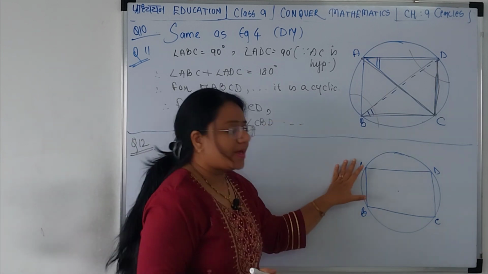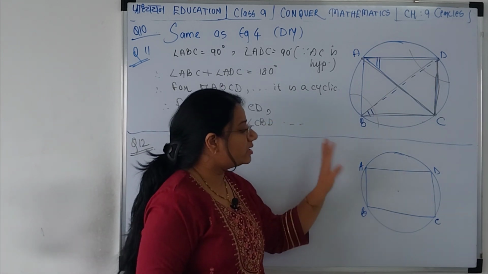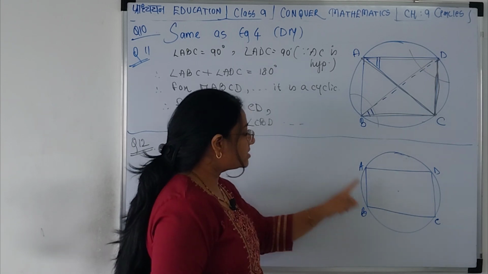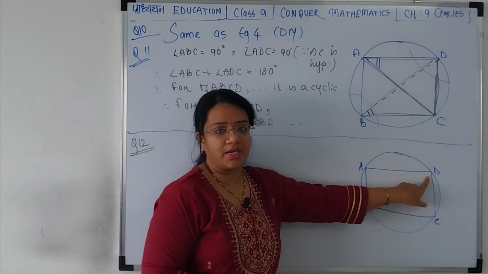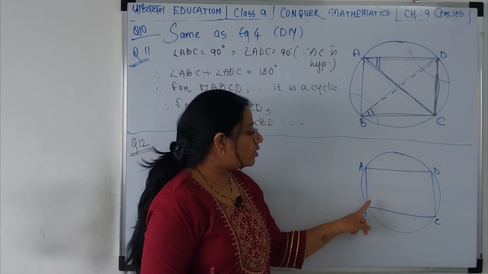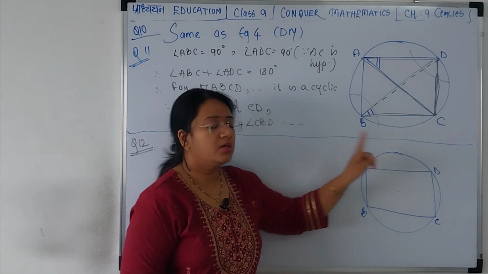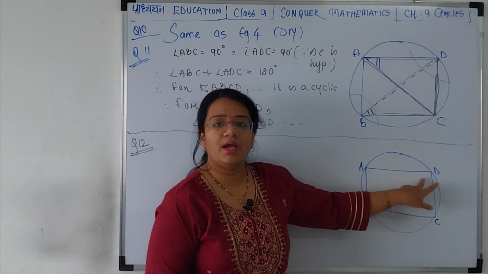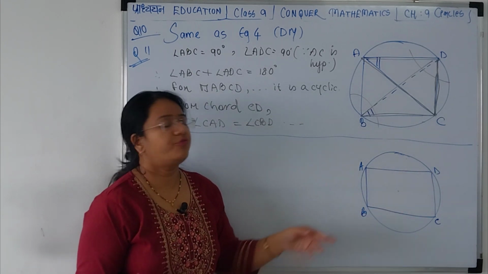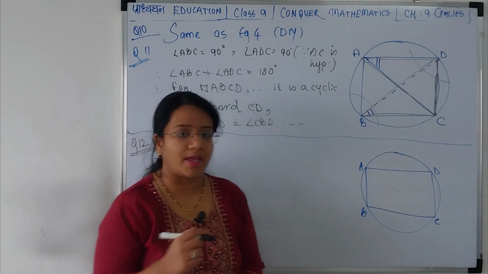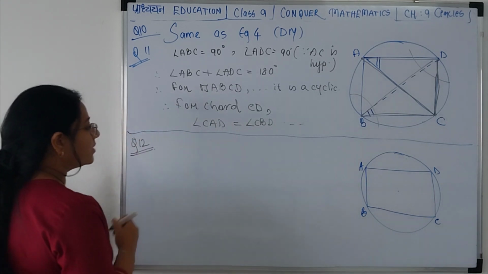So if this is a cyclic parallelogram, we say कि B plus D is 180, correct? But we know कि if this is a parallelogram, then we have B is equal to D. Therefore, B and D are 90 each. Therefore, if one of the angles of a parallelogram is a right angle, then it is a rectangle. Let's quickly write this down. It's very easy.